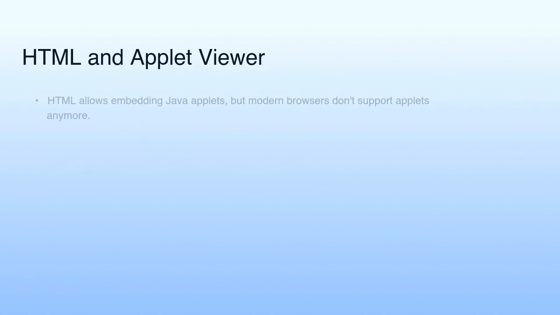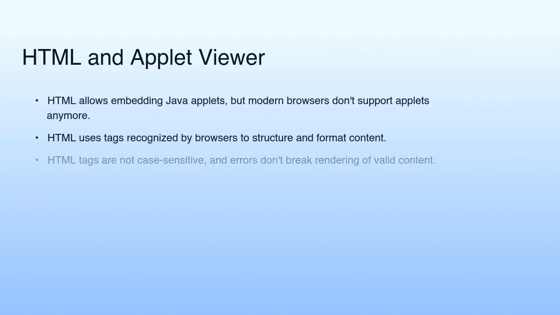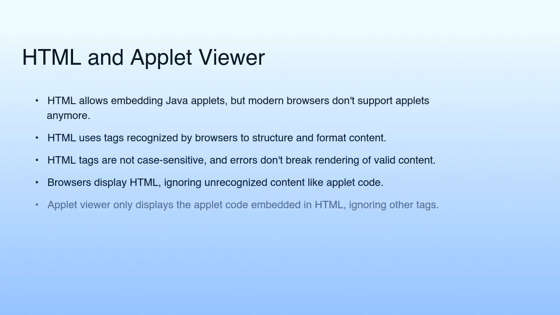The video then discusses how HTML allows embedding Java applets, though modern browsers no longer support them, and how HTML tags structure and format content, with browsers ignoring unrecognized content like applet code, while the applet viewer only displays the